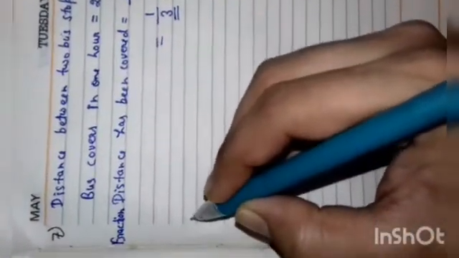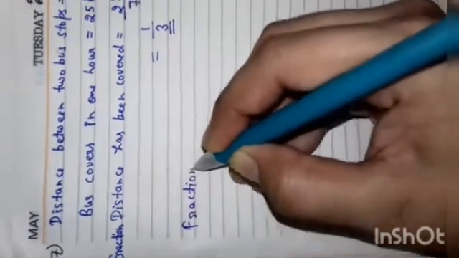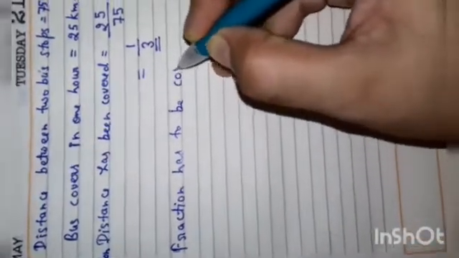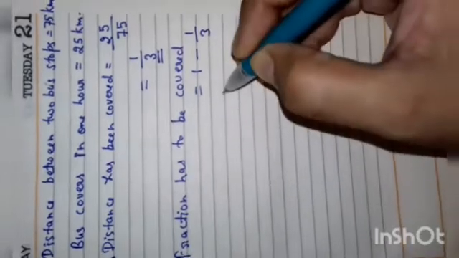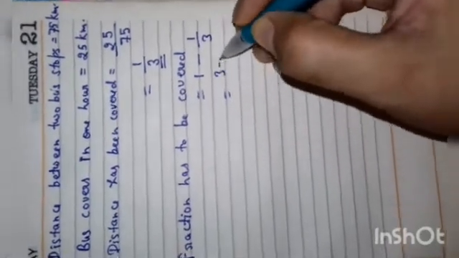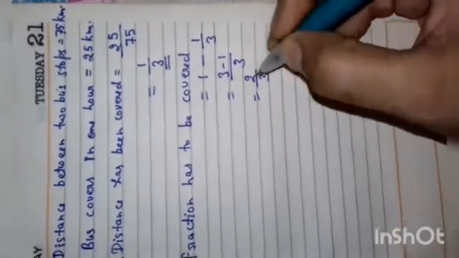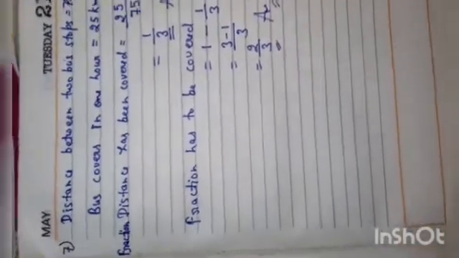Now the next question, fraction has to be covered, okay. Has to be covered is equal to 1 minus, that is has been covered 1 by 3, and here remaining 1, 3 minus 1 divided by 3 is equal to 2 by 3 here remaining to be covered after 1 hour, okay. These both are answers of these two questions in this question number 7.